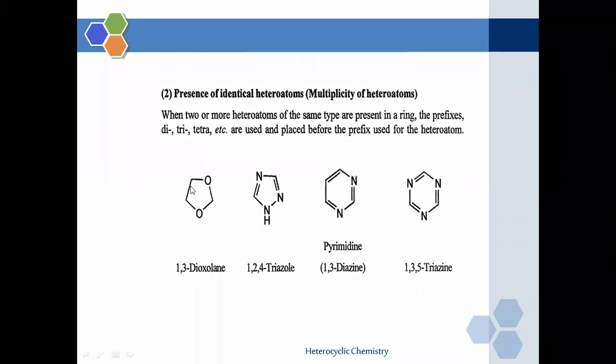See, so how many membered ring it is? It is 5 membered ring. So it is saturated. So what is the name of the compound? So we have not given any preference order as the heteroatoms are the same. So if we are going to give the one number to this oxygen atom, automatically the second oxygen atom will occupy the third number. So what is the name of the compound? 1, 3, as two oxygen atoms are present, this is dioxolane.